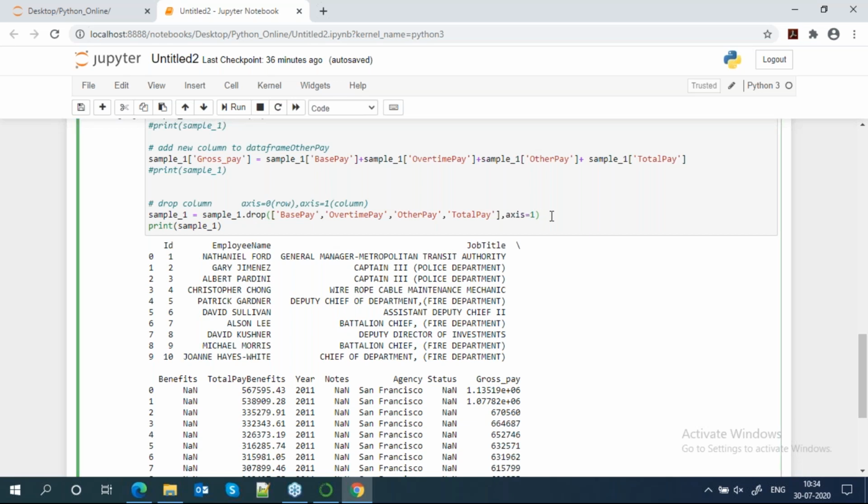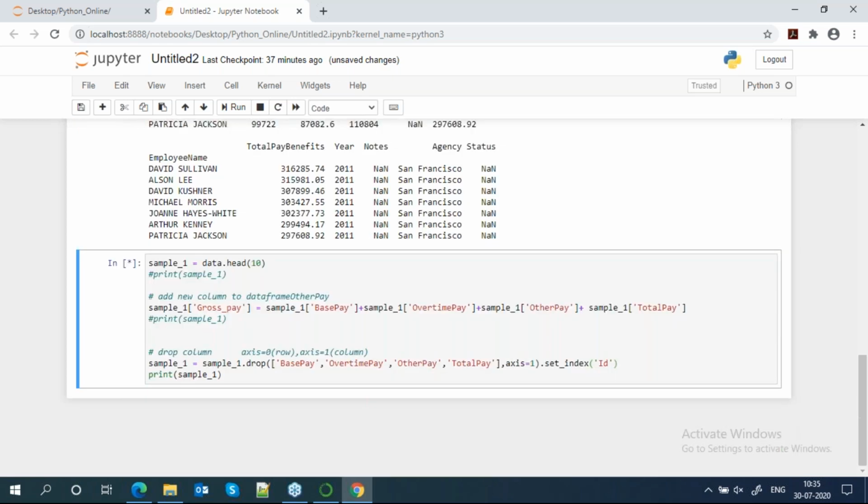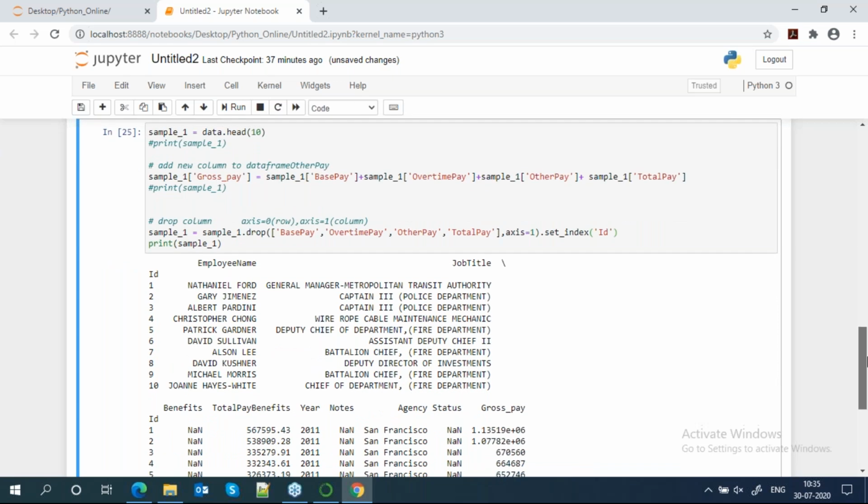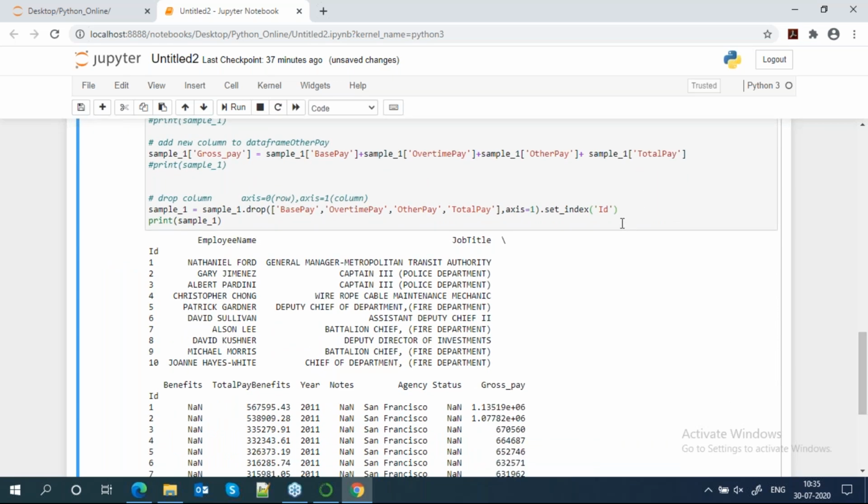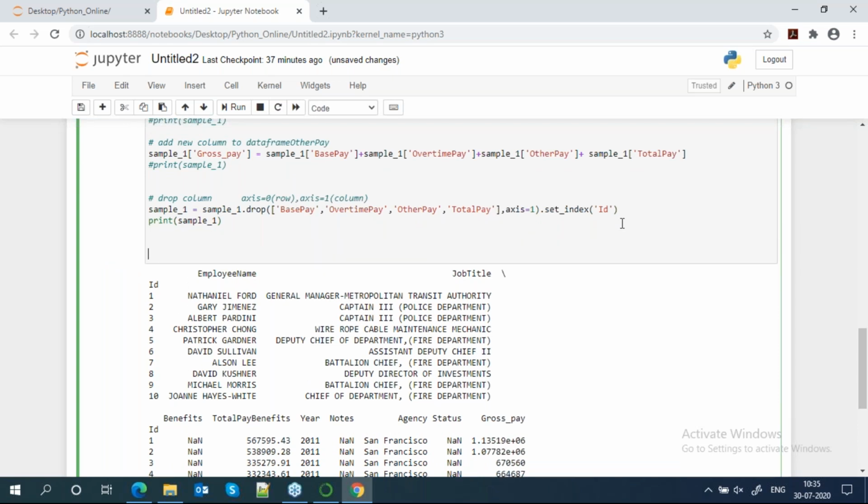Let's set index. Suppose I have an index with this ID, same thing, I reassign this.